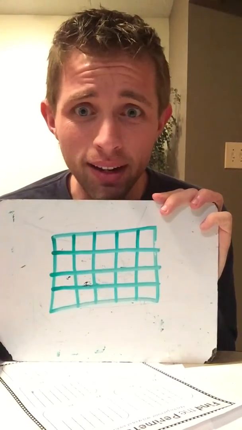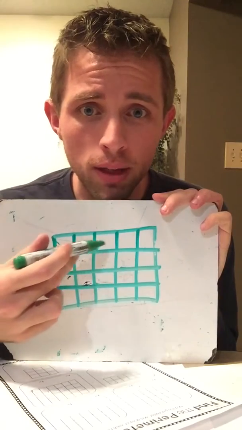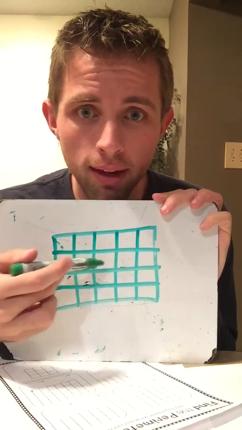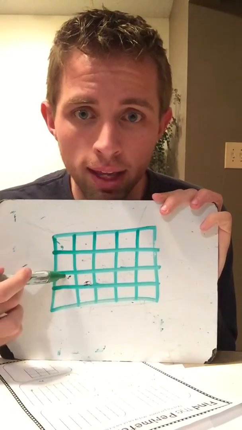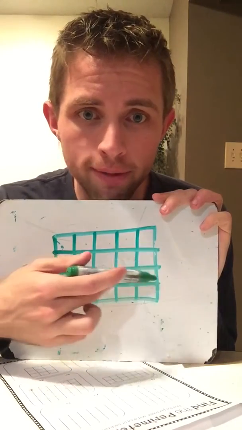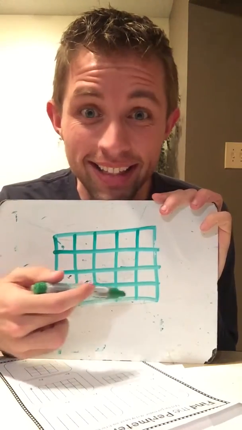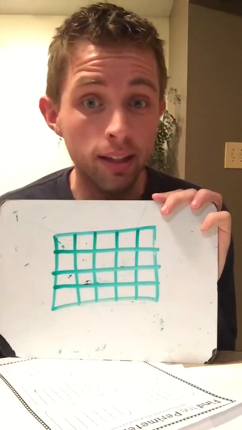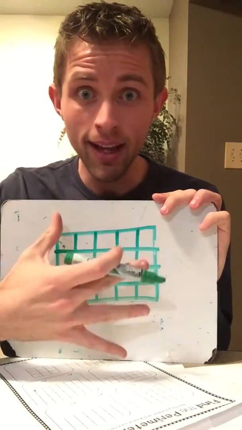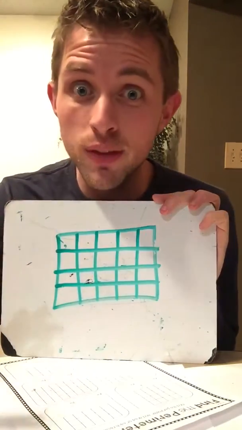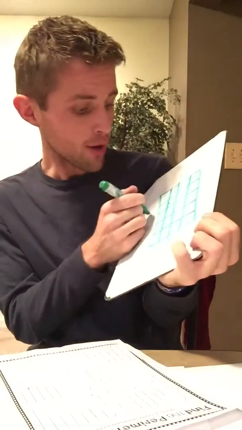Easy enough, right? 1, 2, 3, 4, 5, 6, 7, 8, 9, 10, 11, 12, 13, 14, 15, 16, 17, 18, 19, 20. I counted all the tiles on the inside, and I got 20. So the area is 20 units